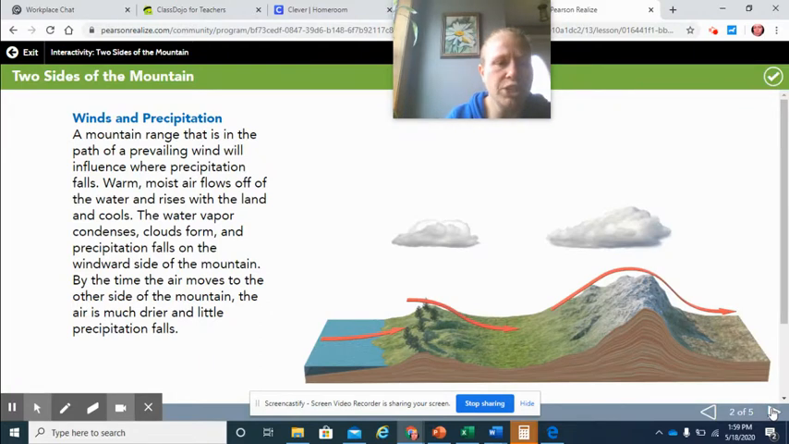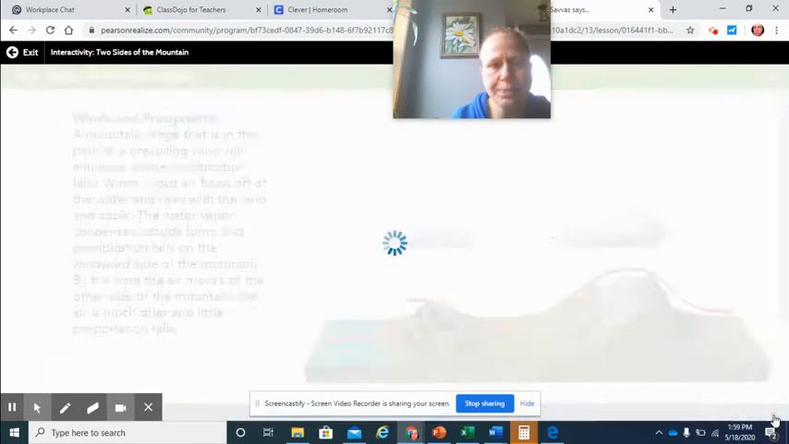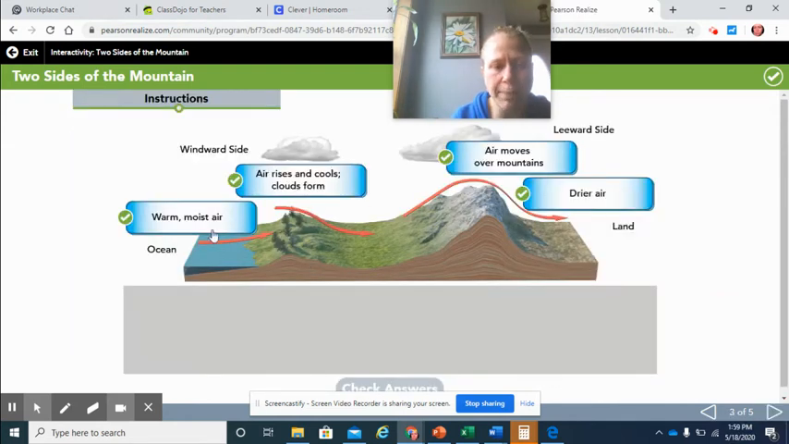Winds and precipitation. A mountain range that is in the path of a prevailing wind will influence where the precipitation falls. Warm, moist air flows off the water and rises with the land and cools. The water vapor condenses, clouds form, and precipitation follows on the windward side of the mountain. By the time the air moves to the other side of the mountain, the air is much drier and little precipitation falls. And so this is going to lead into our next activity, which is dragging and dropping these